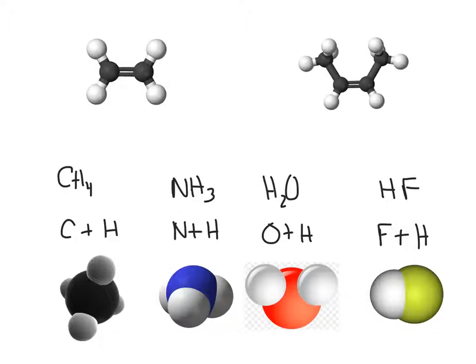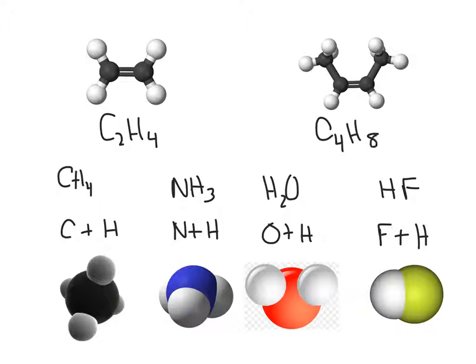Unlike ionic compounds, which form infinite lattices of ions, covalent compounds form discrete units, like this carbon and hydrogen molecule, CH4, or this carbon-hydrogen molecule, which contains 2 carbons and 4 hydrogens, or this carbon-hydrogen molecule, which contains 4 carbons and 8 hydrogens. Therefore, it's important that we symbolize these using the total number of atoms in the molecule, in the compound, because this compound here would be symbolized as C2H4, and this compound would be symbolized as